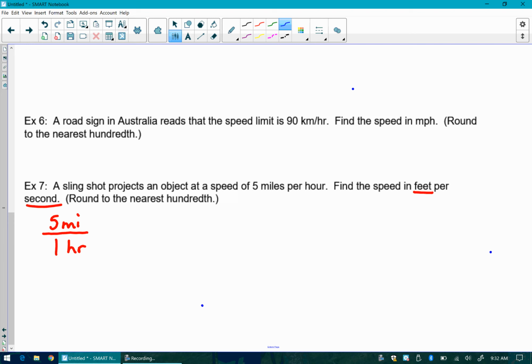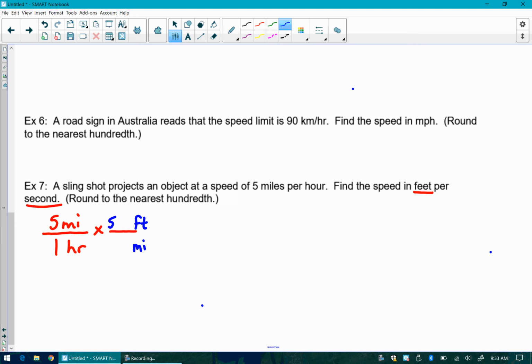All right, so in example 7 here then, I have my 5 miles up top. It does not matter which one you want to get rid of. If you want to convert your miles to feet first or hours to seconds first, it doesn't matter. I'm going to do the miles to feet first, for example. So if I want to get rid of miles, I'm going to put miles on the bottom. And looking on your conversion sheet, you can go directly from miles to feet. There are